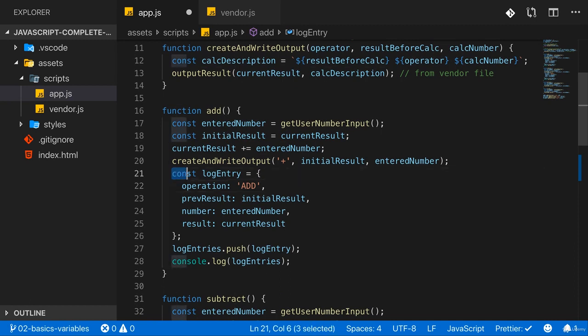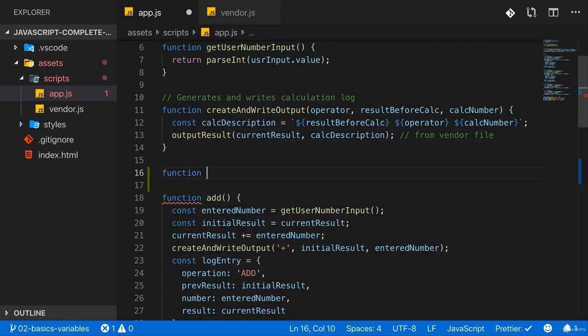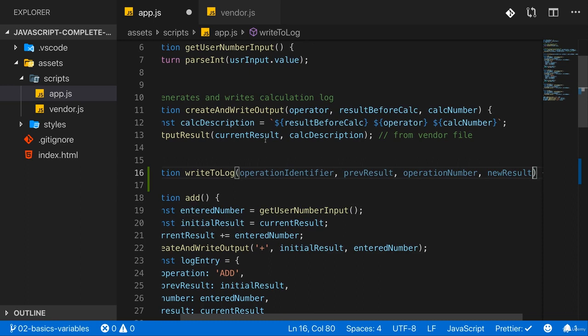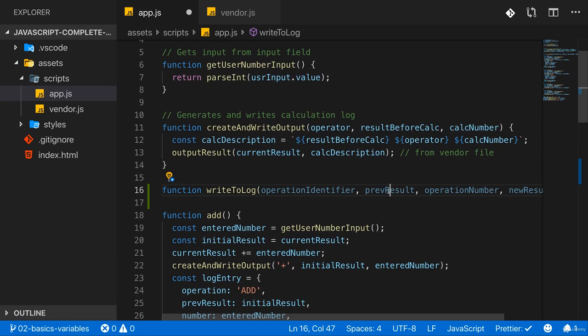Now why don't we create a similar function for creating our log? So I'll add a new function here where I say write to log, and this expects to get the, let's say, operation identifier or whatever you want to call it, the previous result, the operation number if you want to call it like this, so the number we used in the operation, and the new result. Now these are very long names here, and to make this easier to read, I'll now actually also split this in multiple lines,